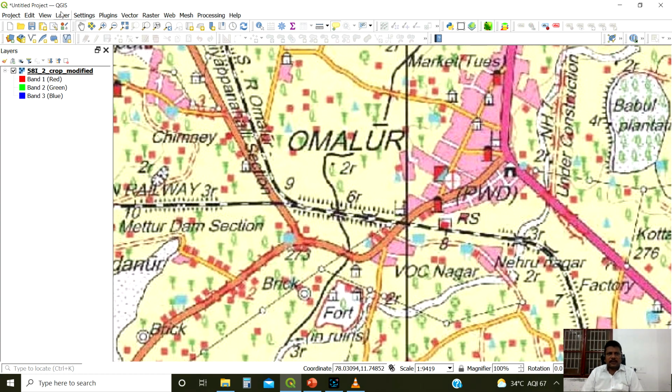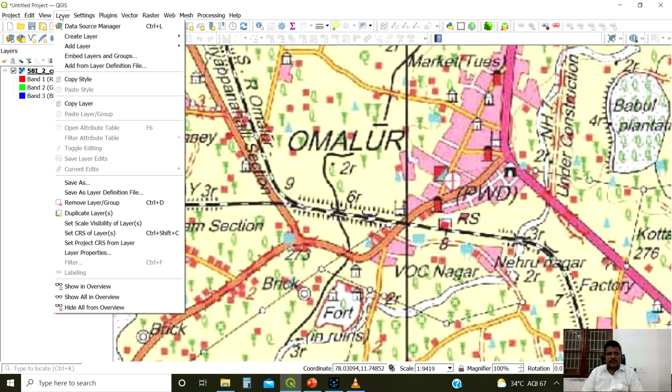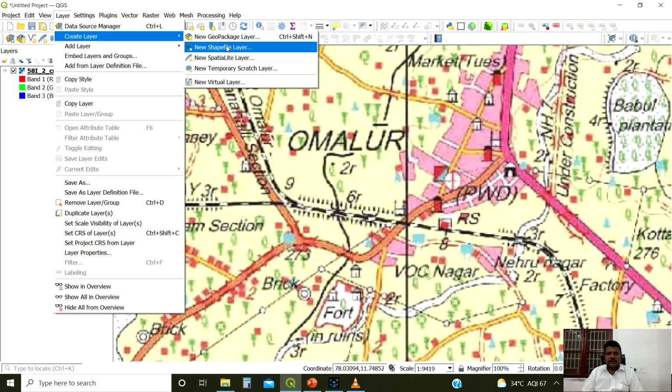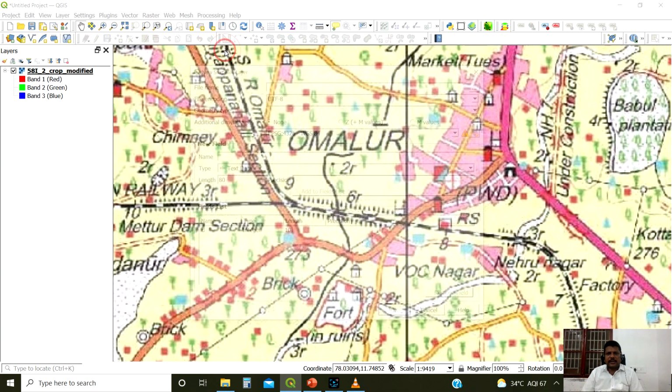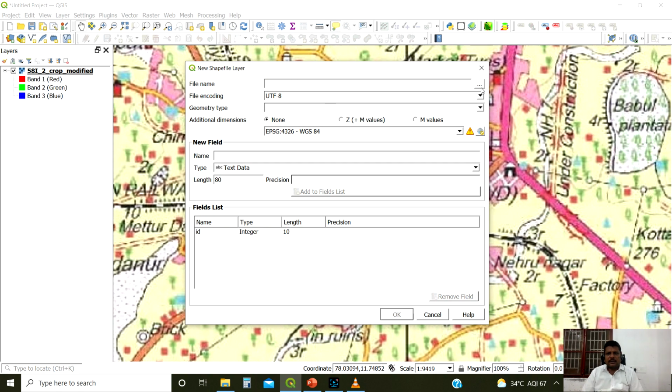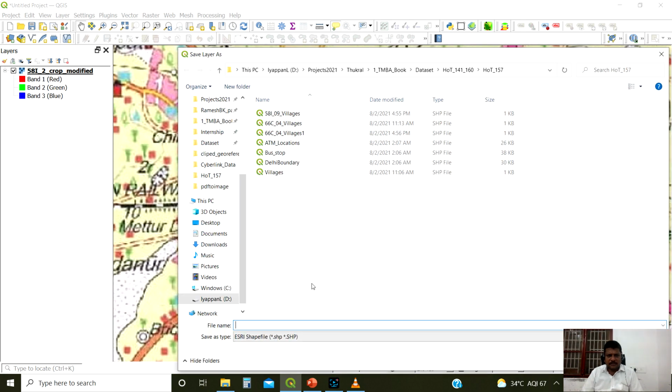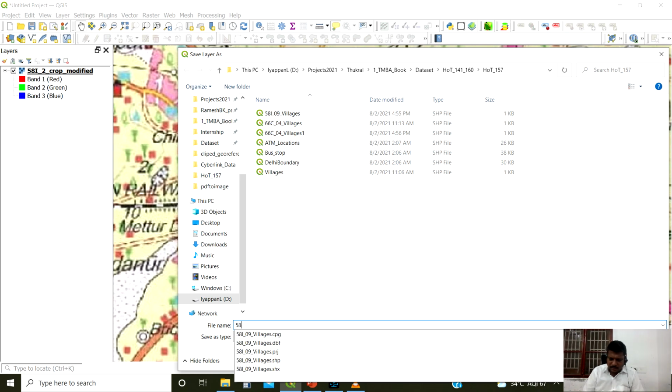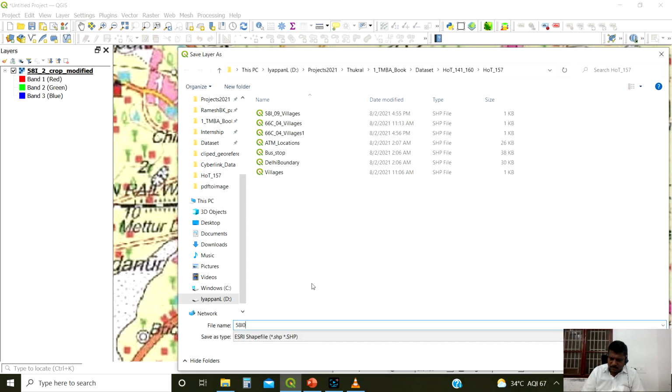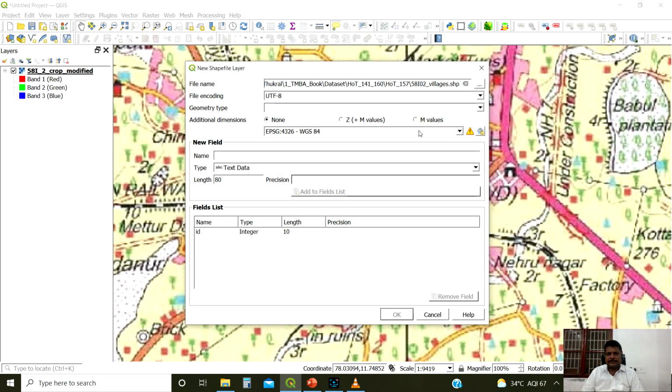So we can create a new shapefile layer. Then we can save this data as 58I02 villages. You can save that layer name.